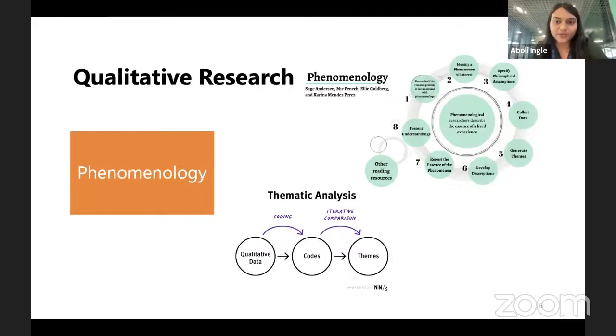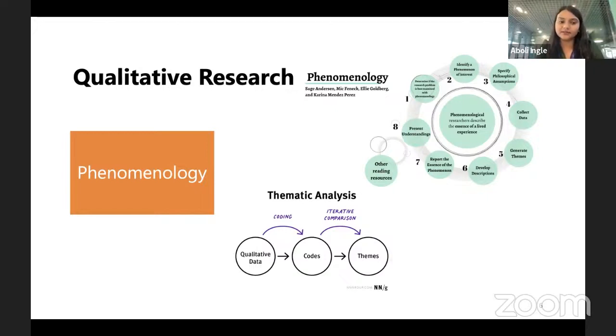So what is the saturation point? Basically, when you start understanding that whatever information or experiences these individuals are sharing are more or less the same, there is some saturation of data happening. Once you start identifying that, that is the time you realize that you have to stop interviewing, may that be 10 or 12 or 20 or 40. So the researcher should be very clearly aware of when he has to stop interviewing the candidates. Now comes the analysis part.